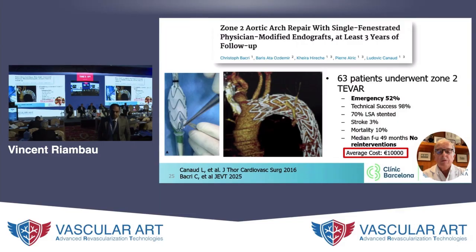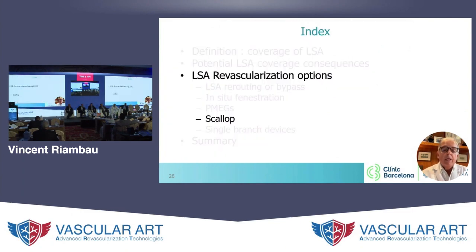Remember that there is an important number of emergencies here, with a very small stroke rate, about 3%. And the stent was needed for the left coronary artery in 70% of the cases. Scallop endograft or combination scallop plus fenestration